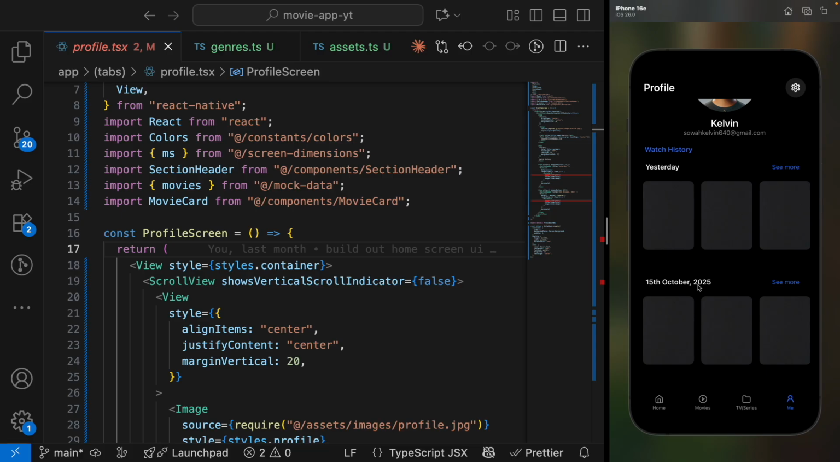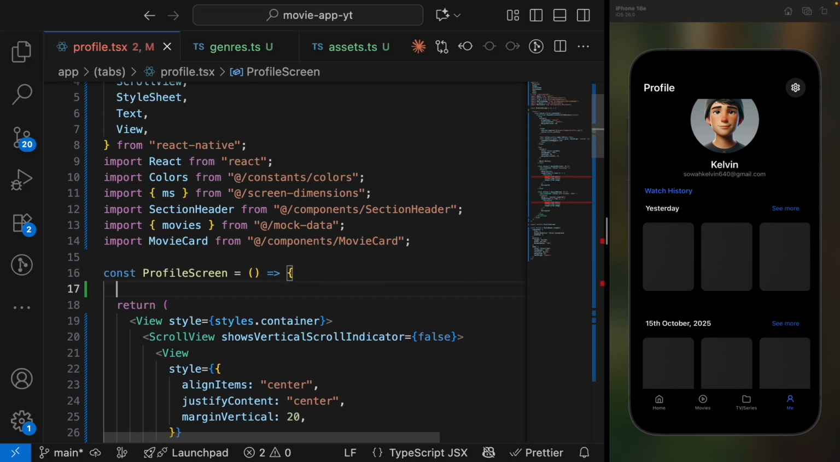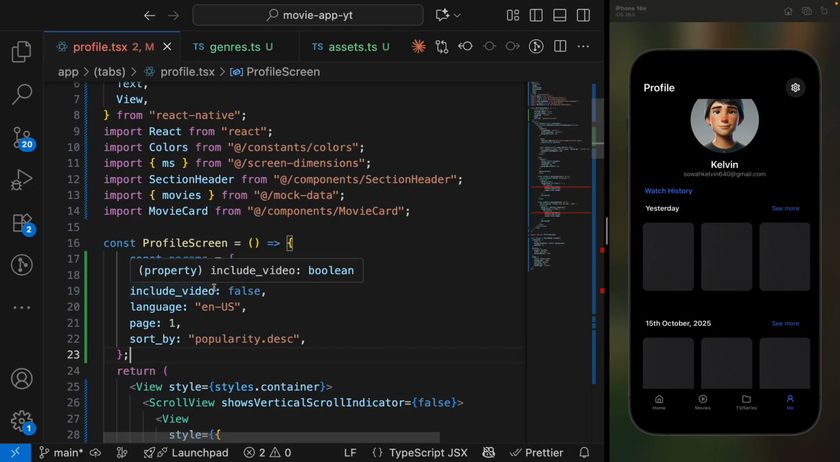So we have yesterday and then 15th October. So this is just like a dummy structure that we want to set for the profile page. Okay, so what we want to do now, first of all, as you already know, is pass in the params. So I'm going to paste in the params in here that we're going to be using to fetch the details, the movies. So the params here is simply going to be this,